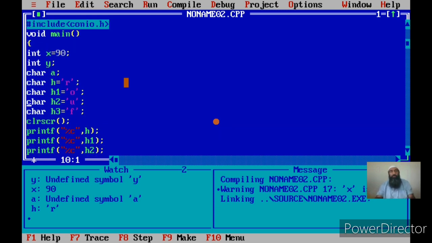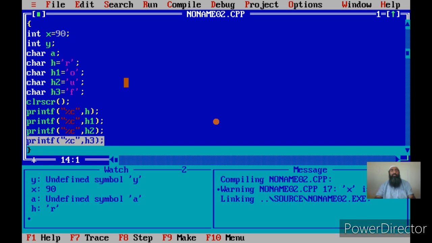Once I store names, this was easier because I initialized here, and if I would have to take input, it would be more tedious. By this example I want to show you that a single character variable can only store one character, and if you have to store the entire name like Rauf, you cannot store it in a single variable. Let me try here and it will be clear.